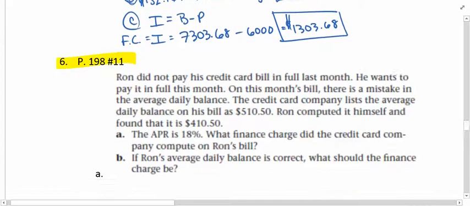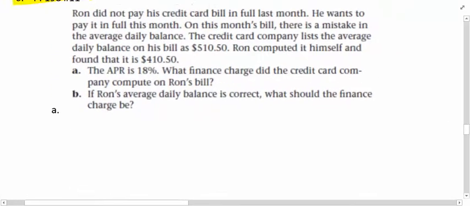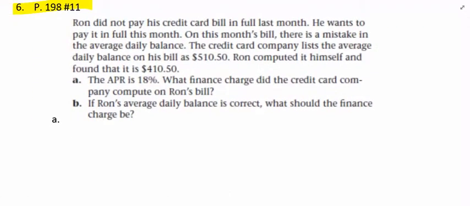Example number 6 is a good one for us to pay attention to. Ron did not pay his credit card bill in full last month. Now that doesn't mean that he's penalized or anything for that. He just has to have an extra finance charge assigned to his account because he didn't pay it off completely. He wants to pay it in full this month, but on this month's credit card bill there's a mistake in